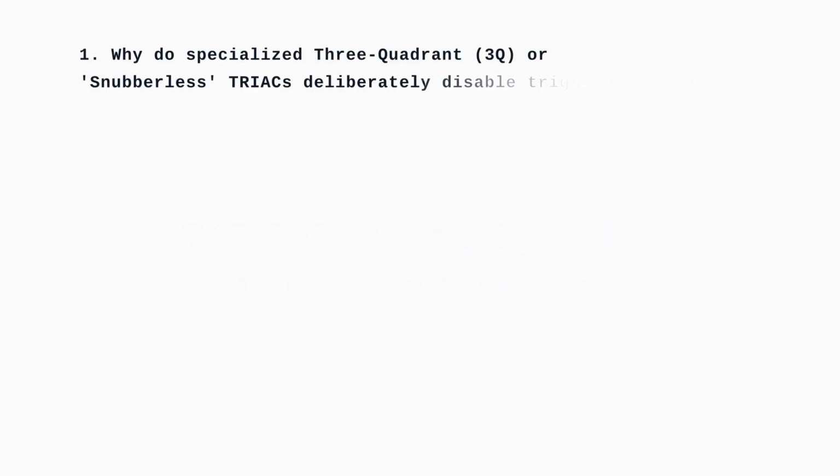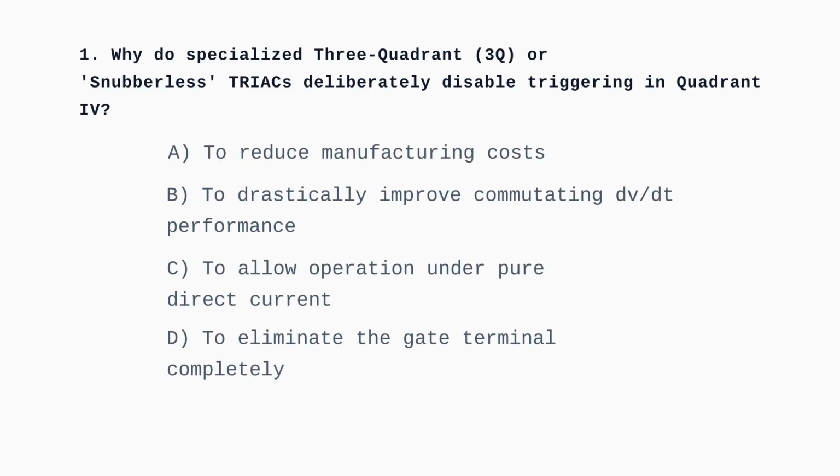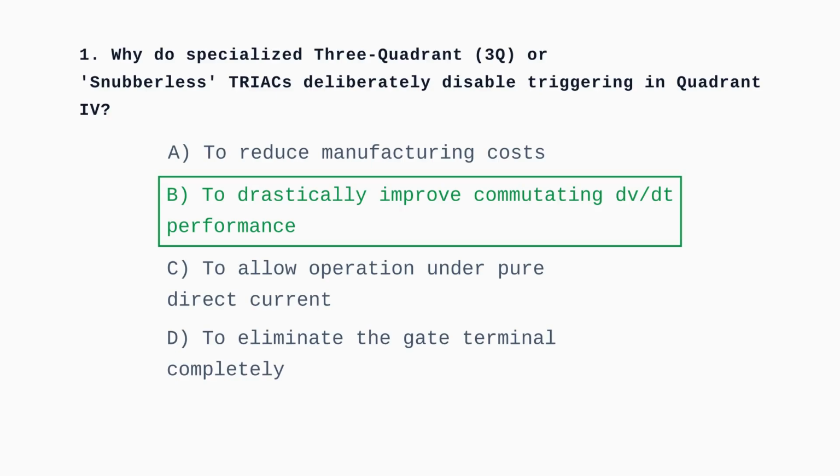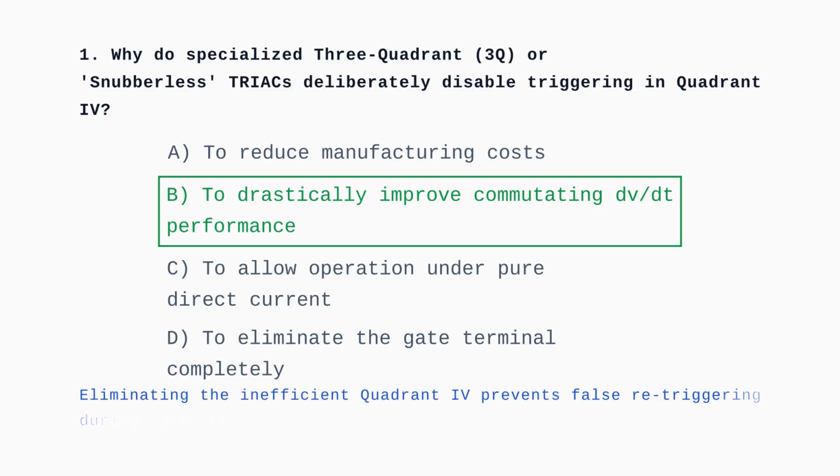Question 1. Why do specialized 3-quadrant or snubberless triacs deliberately disable triggering in Quadrant 4? By modifying the internal gate geometry to eliminate the highly insensitive Quadrant 4, 3-quadrant triacs achieve exceptional resistance to false